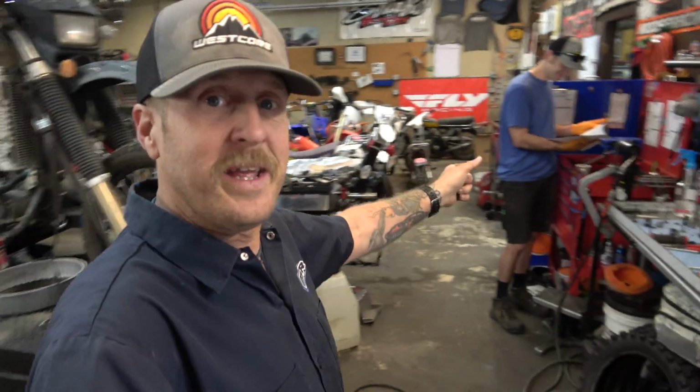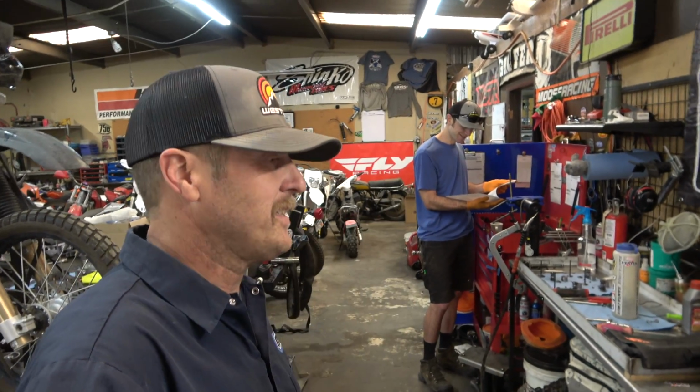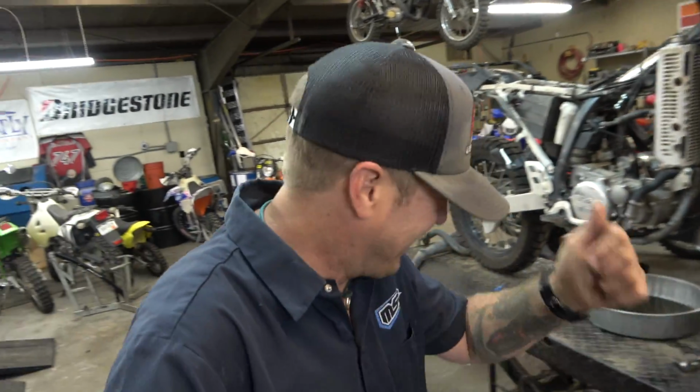Zach got a Goldwing this weekend. He bought a 79 GL 1000. He is still currently struggling to get it onto the center stand by himself. Leandra had to come help with that, which is awesome. But